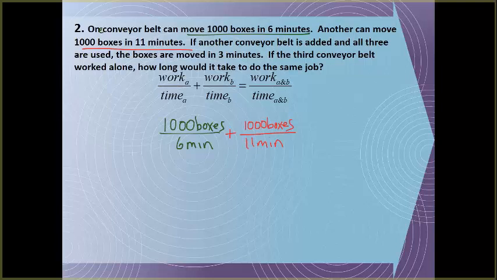Another conveyor belt. So we're going to have another conveyor belt. Let's go with this guy. Another conveyor belt here is added. So that conveyor belt will do 1,000 boxes, but we have no idea how long, x minutes. But we do know that if all three are used, that it can do it in 3 minutes. 1,000 boxes